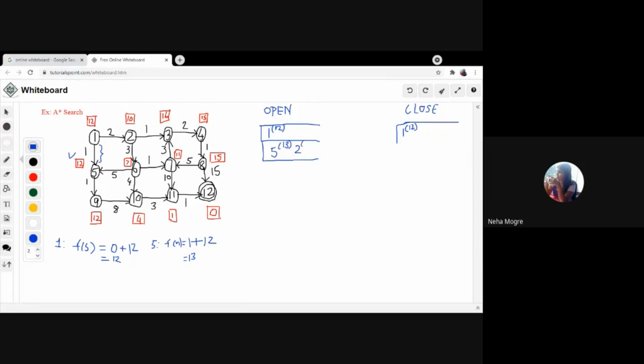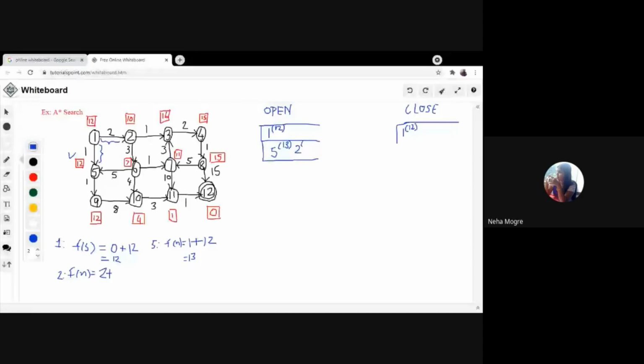For 2, what will be the f value? 2 plus 10. The distance from the start node to node 2 will be the g of n value. Got my point?